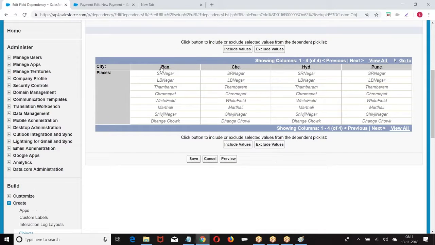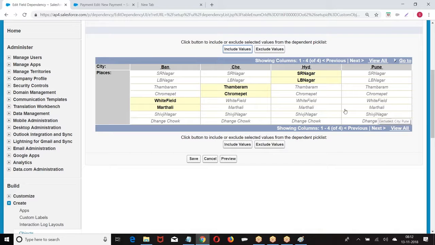Now, controlling field city: Bangalore, Chennai, Hyderabad, Pune. Dependent field options: if we select Bangalore, I would get Whitefield, Marthal. Chennai, Tambaram, Krompet. Hyderabad, we have SR Nagar.